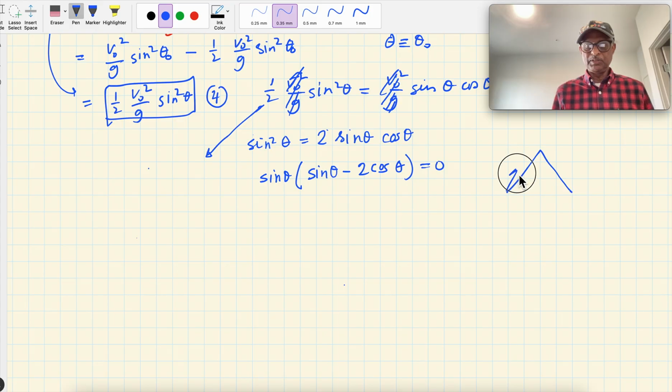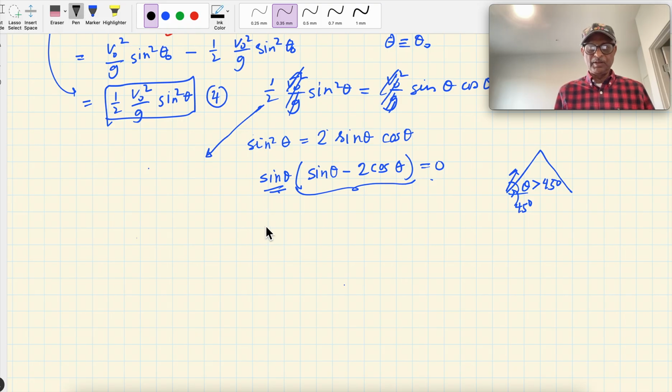So this theta is definitely greater than 45 degrees. This cannot be 0, so then this has to be 0. So let's solve this. Sine theta equals 2 cosine theta,